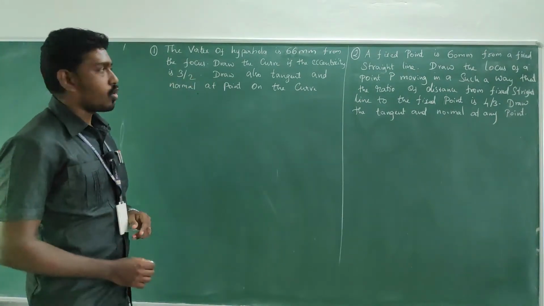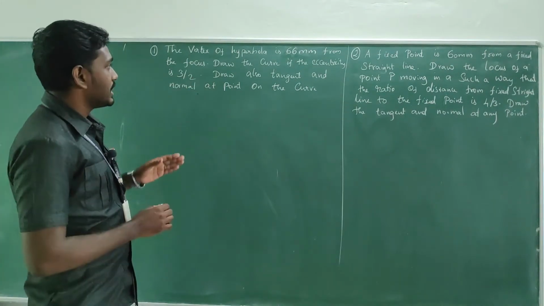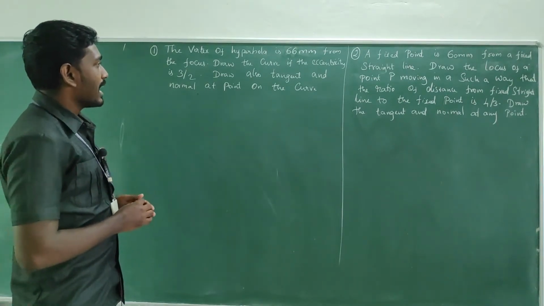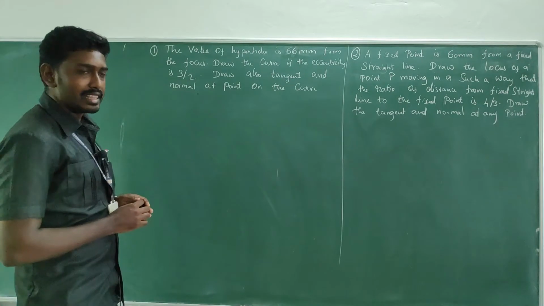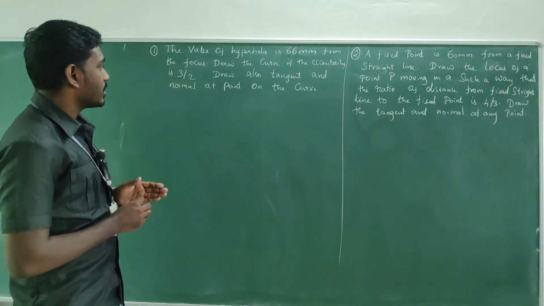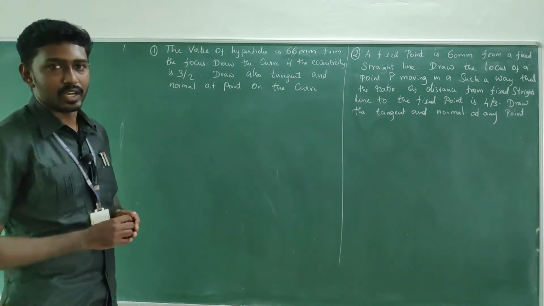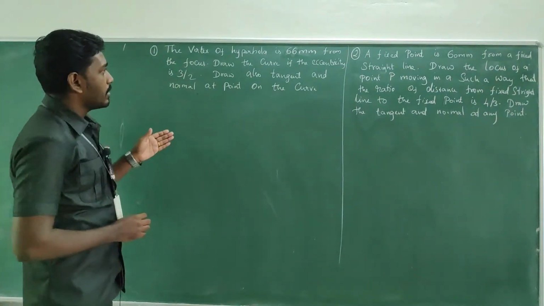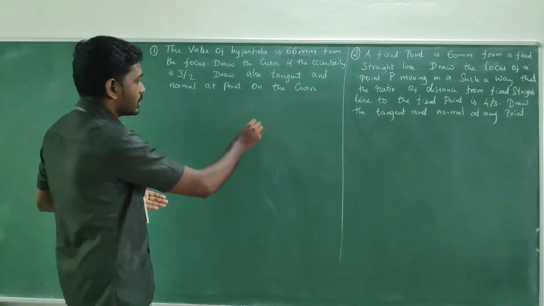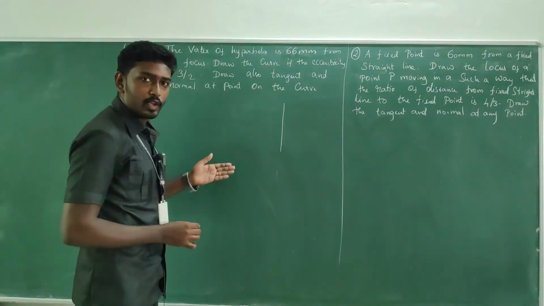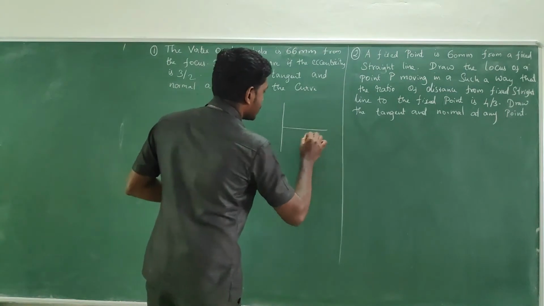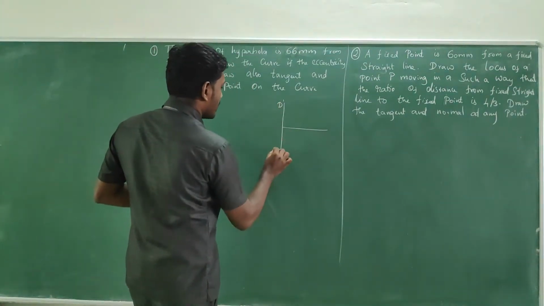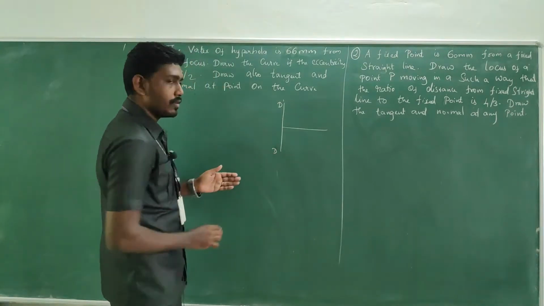The vertex of the hyperbola is 66 mm from the focus. Draw the curve if the eccentricity is 3 by 2. Draw also tangent and normal at any point on the curve. So before taking the given data, I shall make you remember the basic terminology involved in the construction part. So the vertical line D dash, which is a directrix,